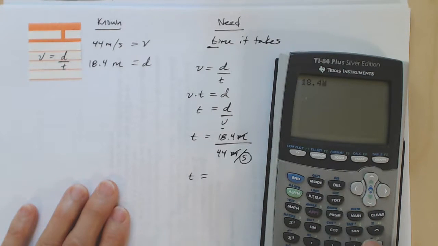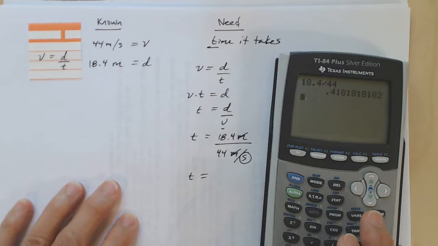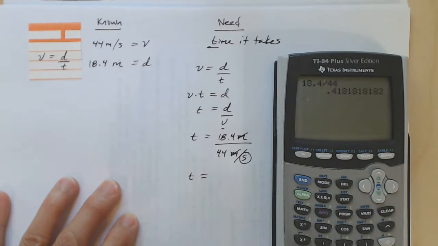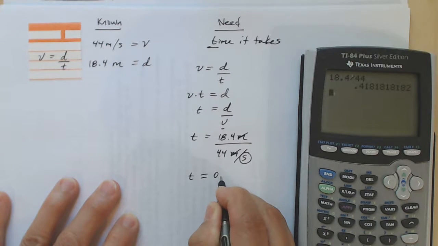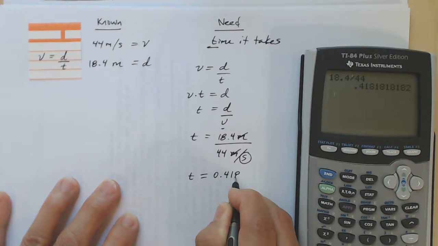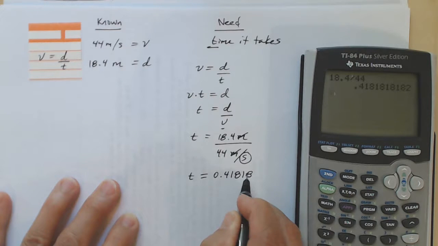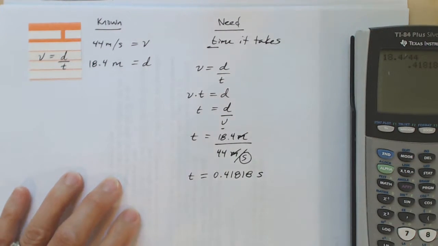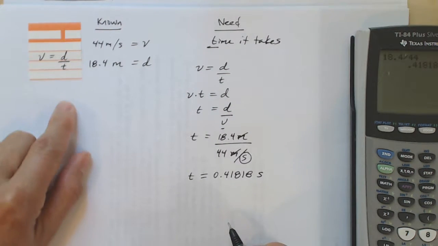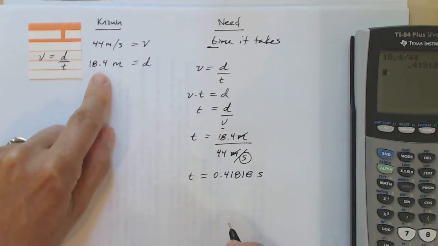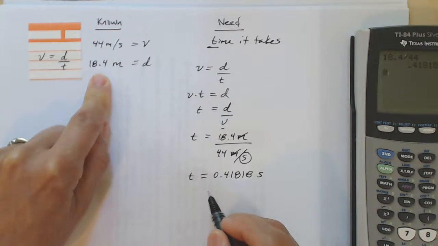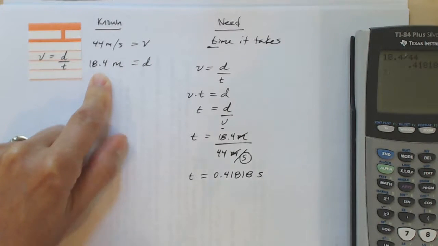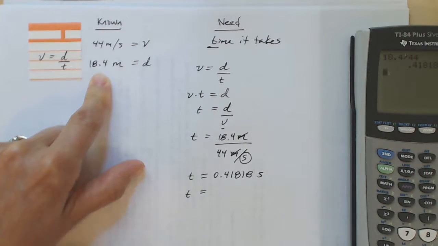So let's go ahead and divide 18.4 divided by 44, and that gives us 0.41818 repeating, and it's time and it's seconds. So now that we've got an answer, let's decide what to do about significant digits. Well, in multiplying and dividing, the rules are going to tell us to round this to 2 digits. So let's say time is equal to